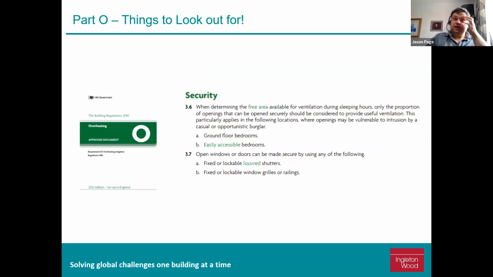The second part is about security. Security applies to the bedroom nighttime criteria. Here, if a window is openable, then the regulations say that it must not be accessible by an opportunistic burglar. In real terms, that means that ground floor windows and any windows above ground floor roofs,